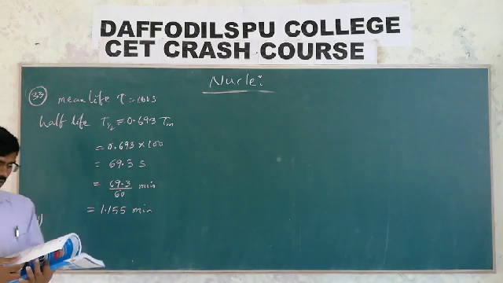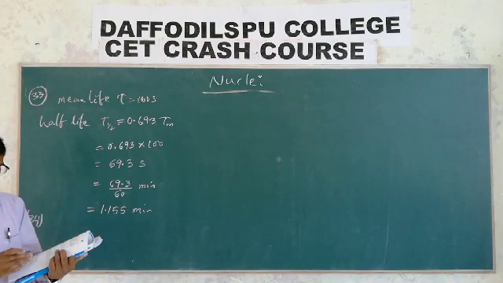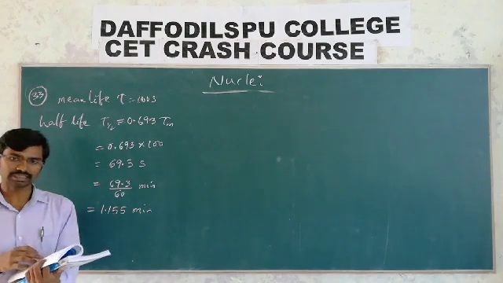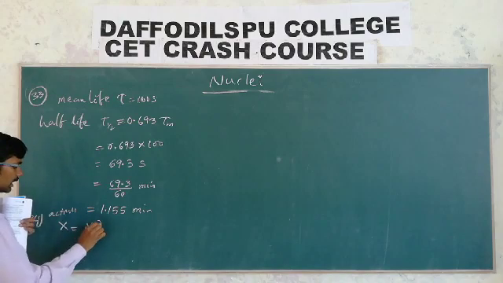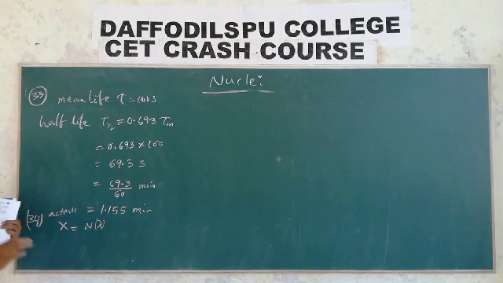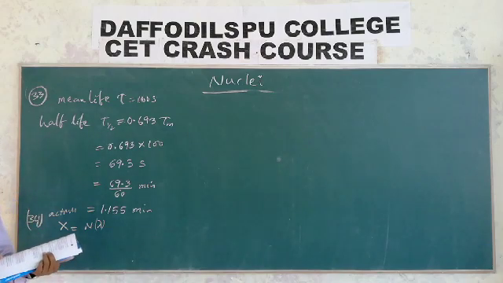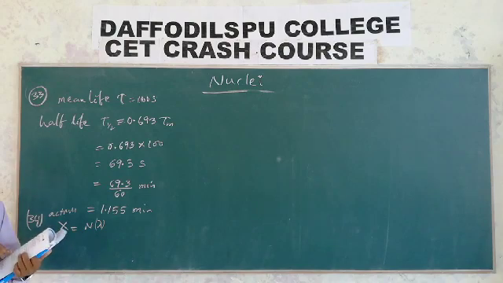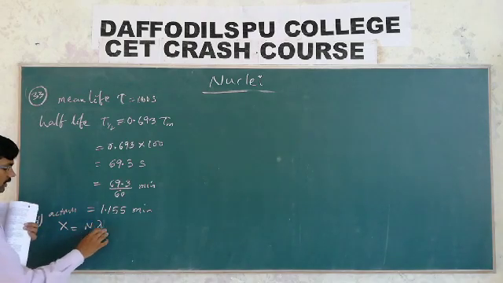A radioactive isotope is being produced at a constant rate X. The half-life of the radioactive substance is Y. Now the rate is X. Activity or rate is nothing but activity is equal to N into lambda. Or you can take lambda as 0.693 by T half. Here the half-life of the radioactive sample is given as Y. So we can write N into lambda, where lambda is equal to what?